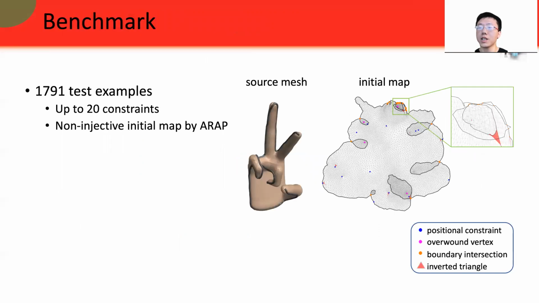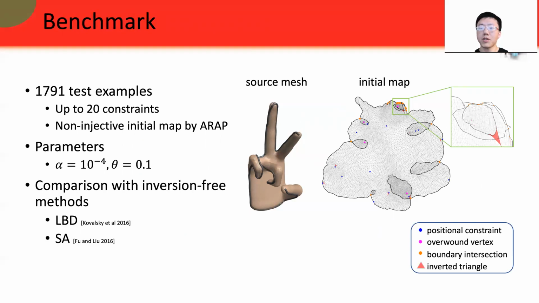We have constructed a large-scale benchmark dataset with thousands of real-world and complex examples. In each example, a source mesh is mapped to the plane with up to 20 positional constraints. The initial maps are created by a warp, which often contains many inverted triangles, overwound vertices, and global overlaps. For our method, we use the same alpha and theta parameters throughout the experiment, and we compare with the inversion-free